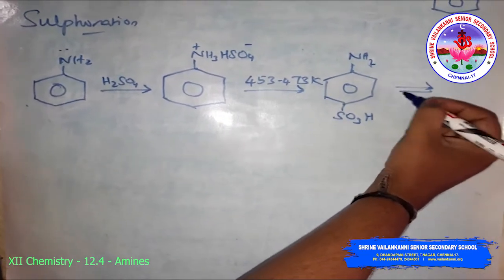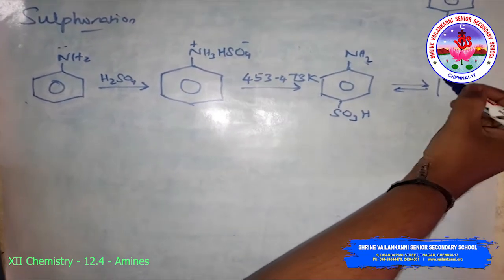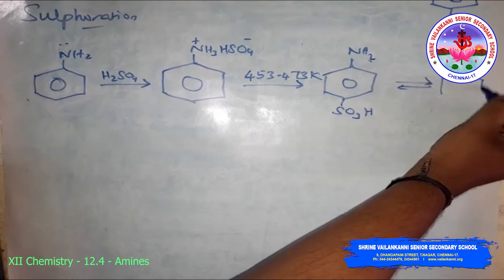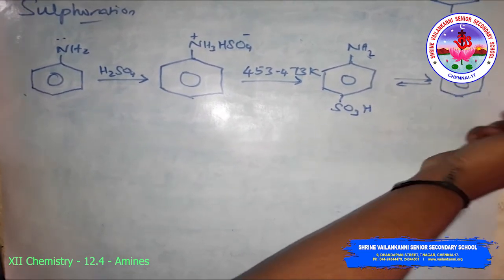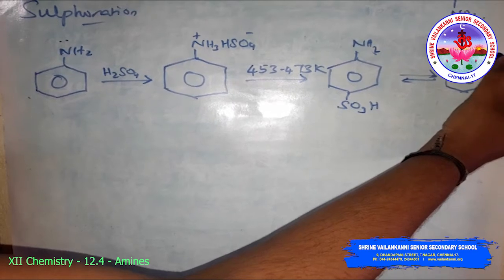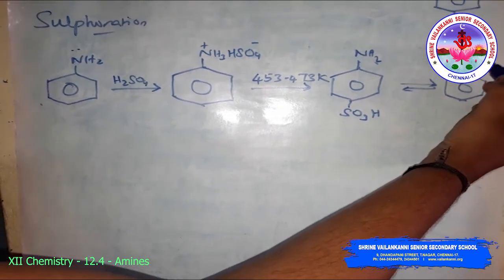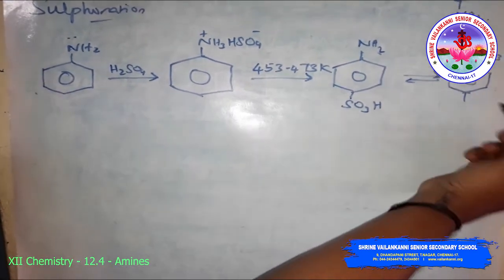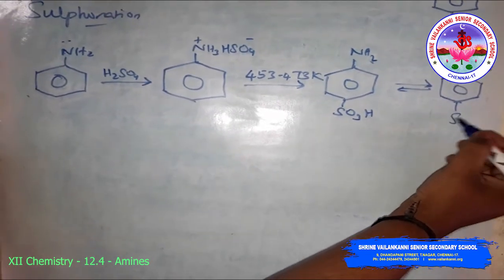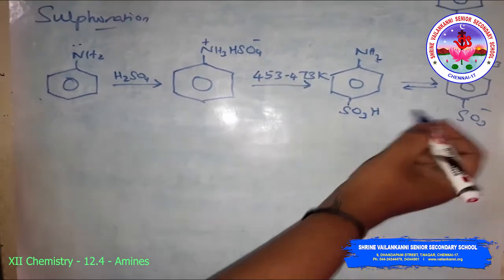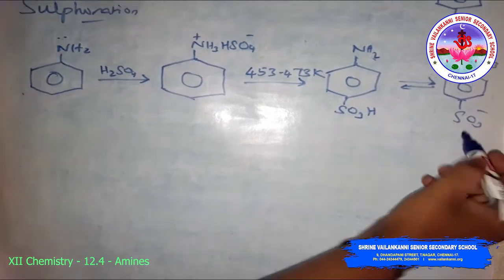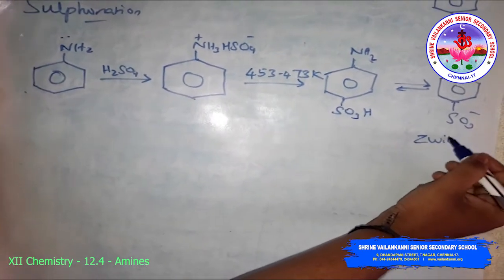The aniline does not undergo Friedel-Crafts reaction because of the salt formation with the Lewis acid, anilinium chloride, which is used as a catalyst. So due to this, the nitrogen of aniline acquires positive charge and hence acts as a strong deactivating group for further reaction. Next is diazonium salt.